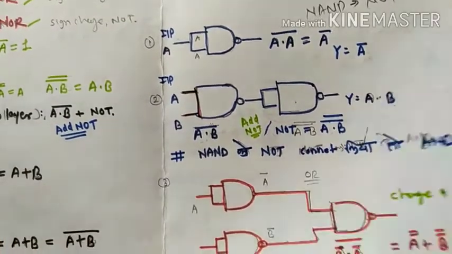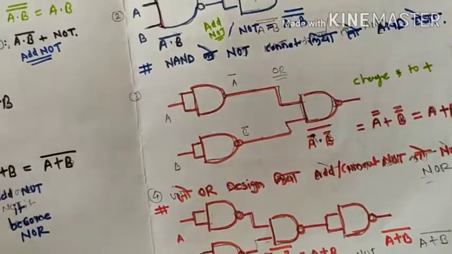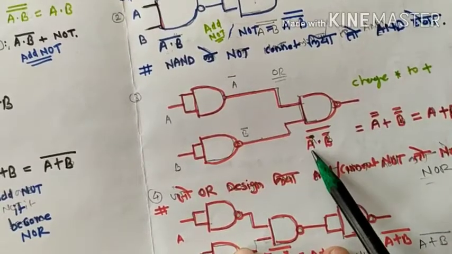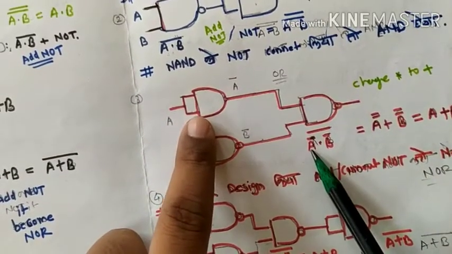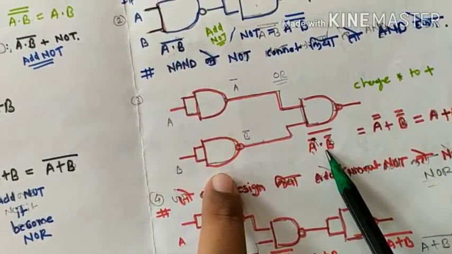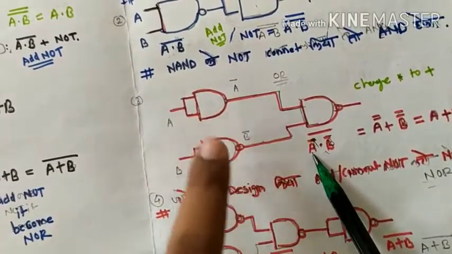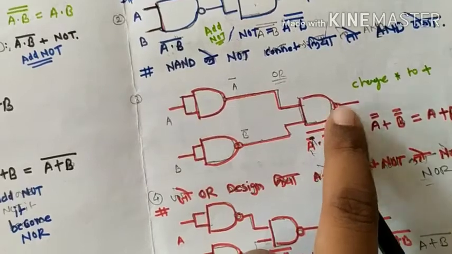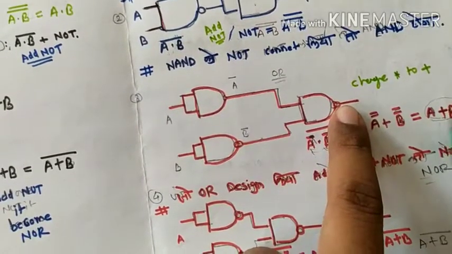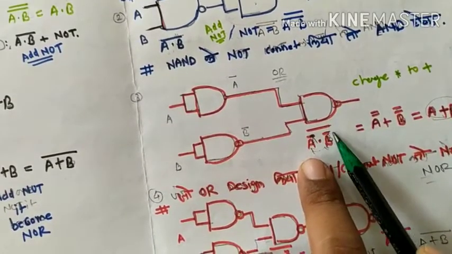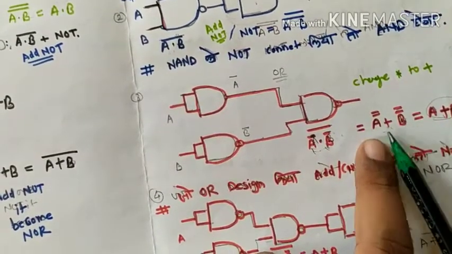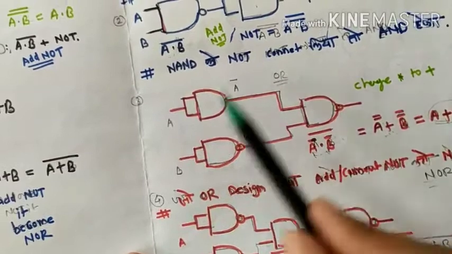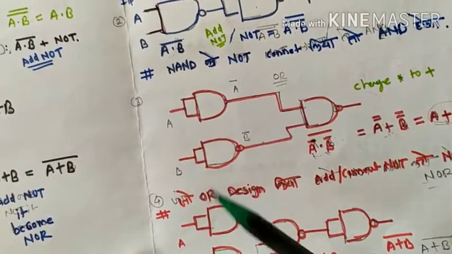So next one, see here, we already saw it in the last theoretical part, but now we implement how that expression will be implemented. See here, this is the A NOT, A bar, and this is the B bar. It is only one input. So this is the A bar, this is the B bar, and these are joined with the help of NAND. So the output of this we retrieve as A plus B. Why? Because we write (A bar into B bar) whole bar is equal to A double bar plus B double bar, which we write as A plus B. That's why the output of this whole circuit is coming as an OR gate.